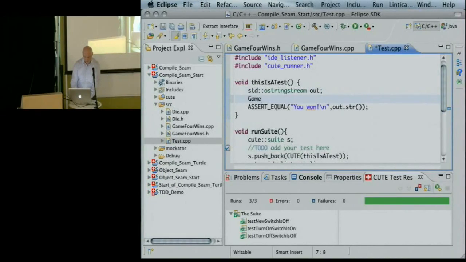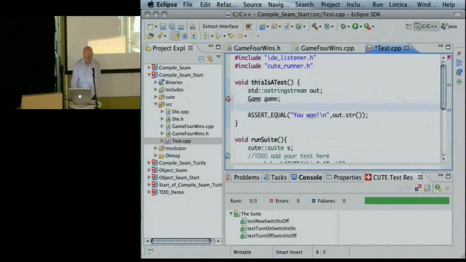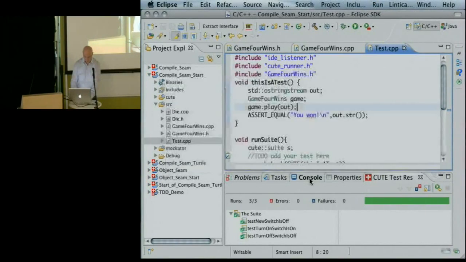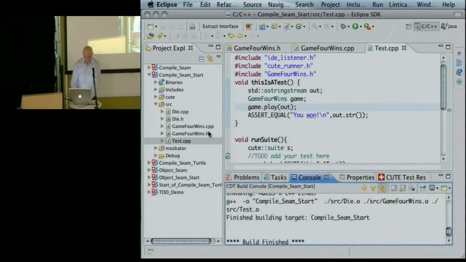And our game, that's the wrong name. Okay, if we run that now as a test case,